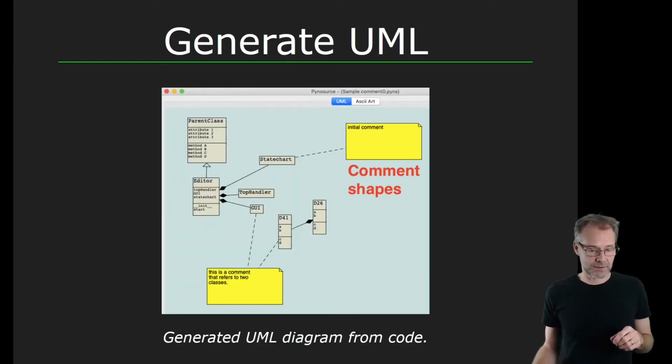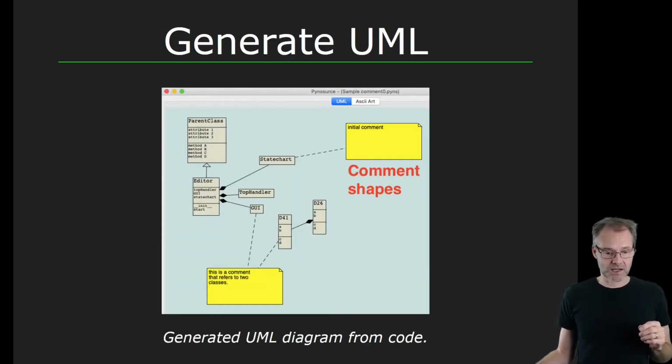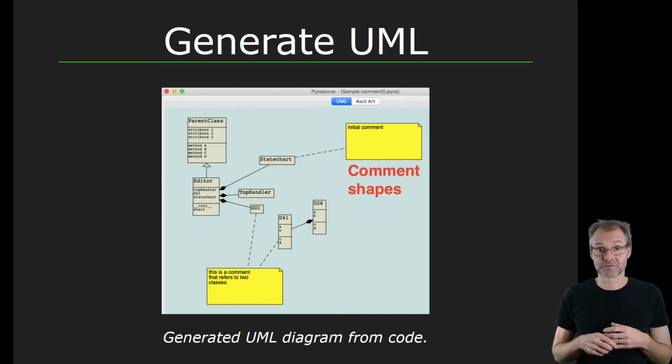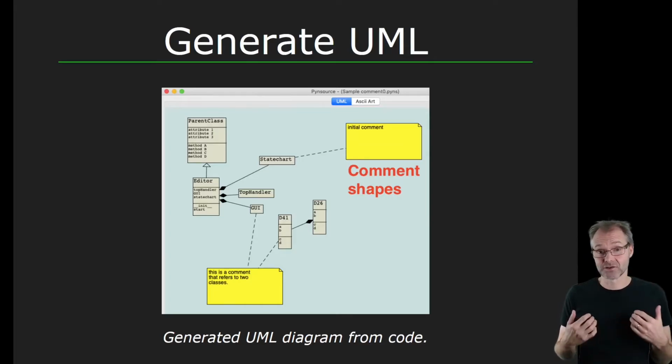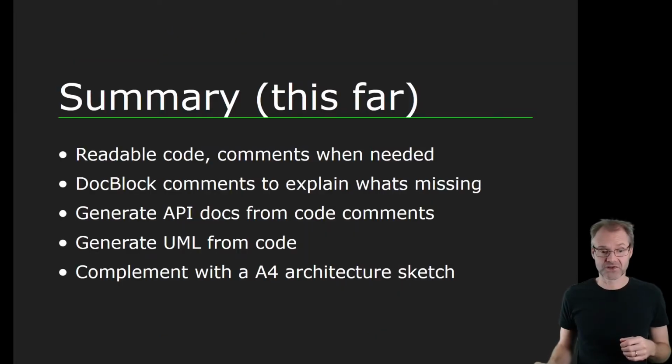This is an image from a generated UML diagram. It seems to be a Python program, and it just shows how the classes interact with each other, their overall relationship. And well, I would prefer to generate this with a simple command than keeping this sketch updated from the design phase. I, in general, don't do that. So generating UML sounds very good to me.